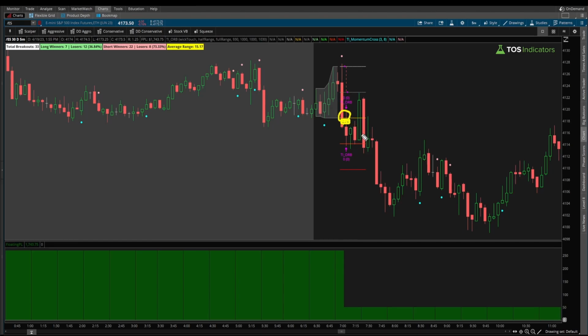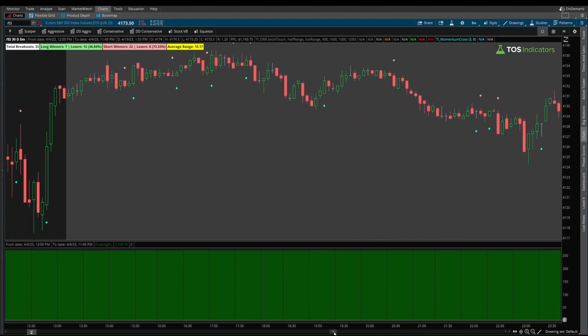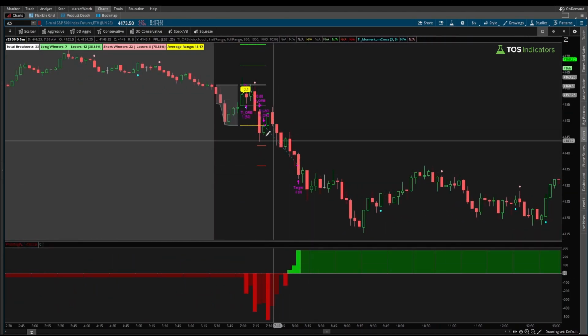Instead, we get the bearish breakout. This one does hit the full range target. We then get a little bit of pause, which then the momentum cross reverses, and we get one leg down lower here. This is bearish example number 1, and then the day prior to it is another example, a little